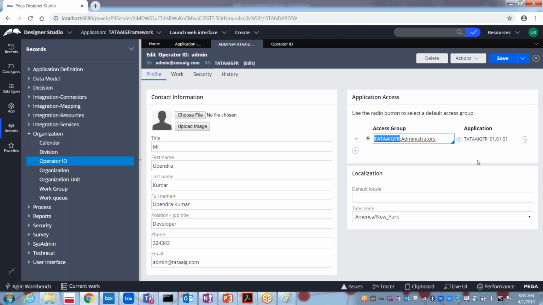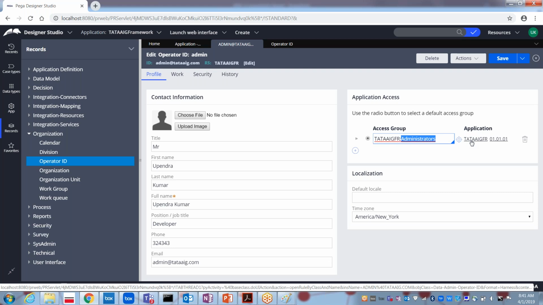The very first is your application name, Tata AIG FW. And after the application name, a colon, and after the colon it displays the role he is playing. This operator is playing an administrator role. So this person is accessing this application, and this person is acting as an administrator. This Tata AIG framework administrator has access to the application Tata AIG framework, and the version of the framework he is going to access.